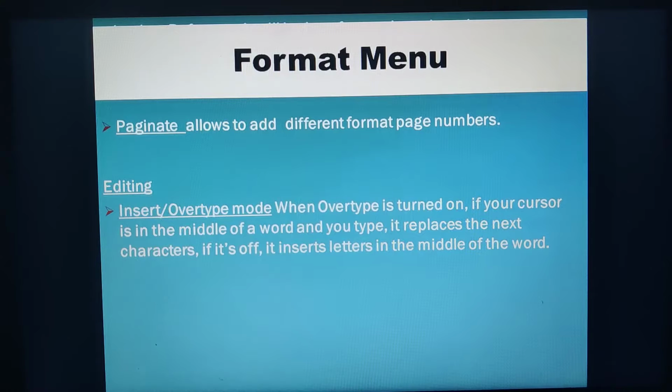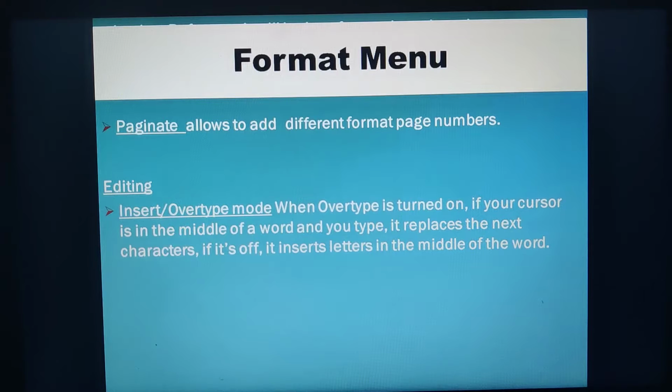When the overtype mode is turned on, if your cursor is somewhere in the middle of a word and you start typing, it will start replacing the next characters it encounters. So that is how the overtype mode works.